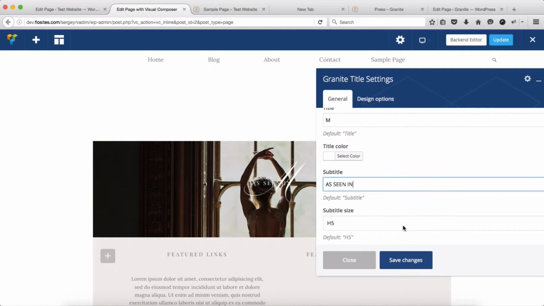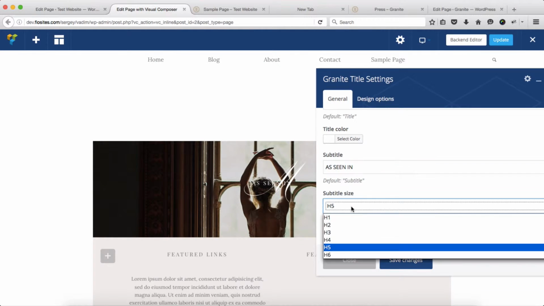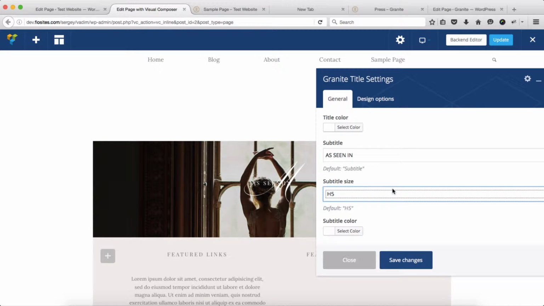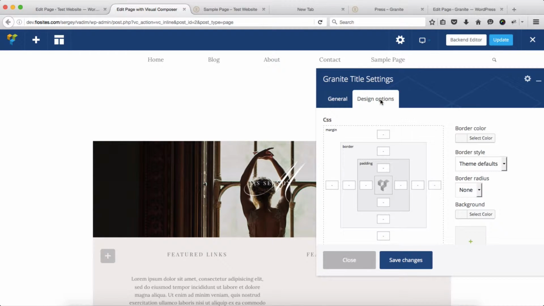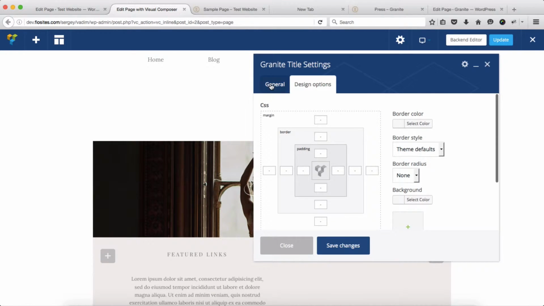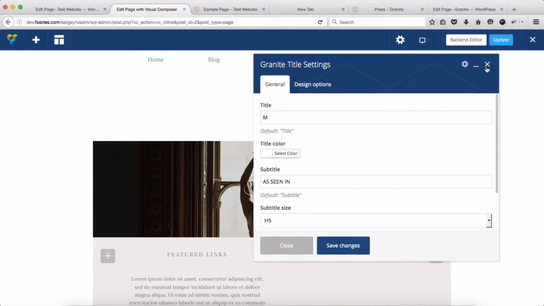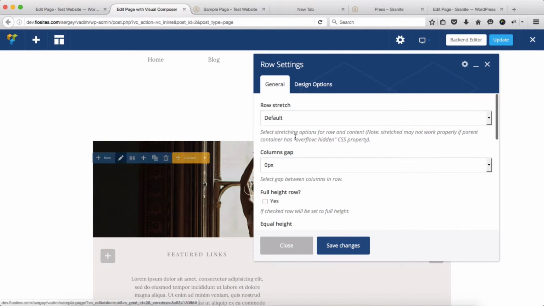For the subtitle size, we also have our font size, which is H5 or heading 5, and then we also have the colors for both our subtitle and our title here. If we click on the design options, there's really nothing for us to edit within this area here. So this is just the text editor. We'll close this off, and if we expand our row settings, and we click on the edit button,